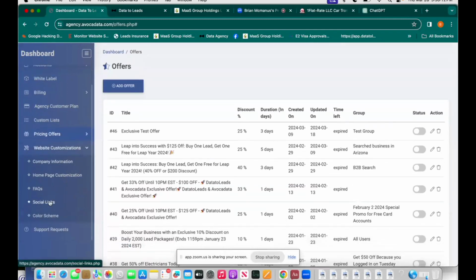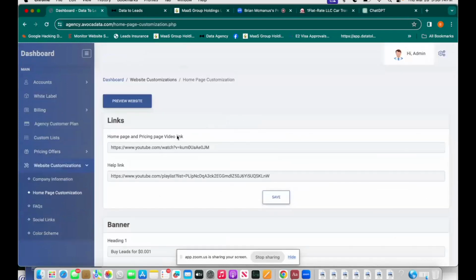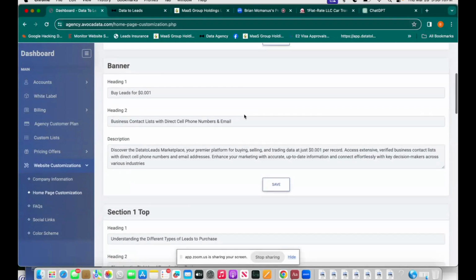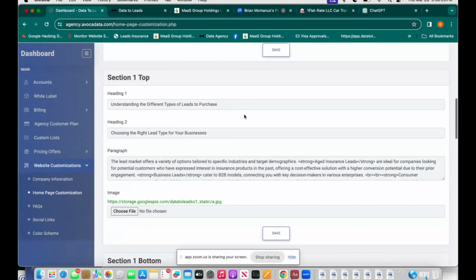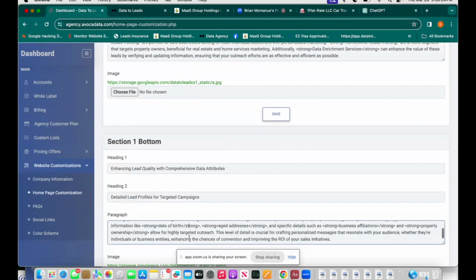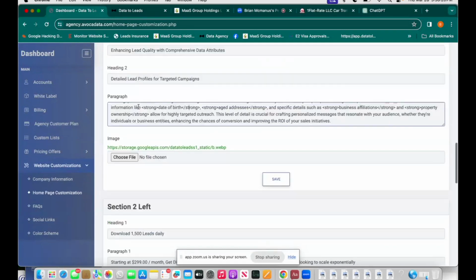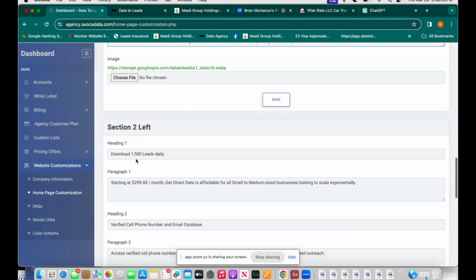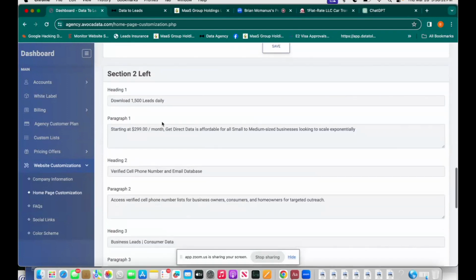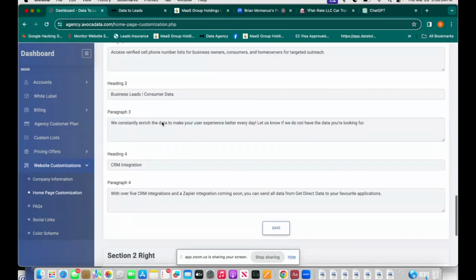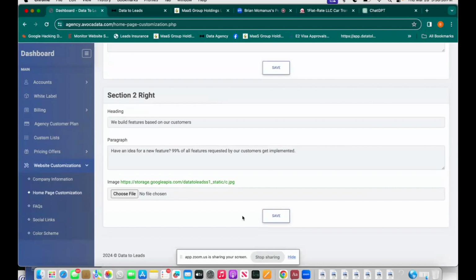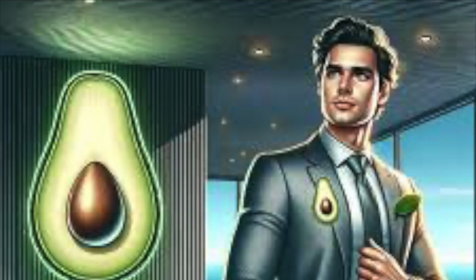The last thing I'll point out is the whole website is customizable. So all the content that appears on the homepage of the white label, you have the ability to control all of these things, control the pictures. We just integrated ChatGPT into here, so you'll have the ability to write all the content with ChatGPT. And like I said, trying to make it very easy for anyone to use and sign up for.